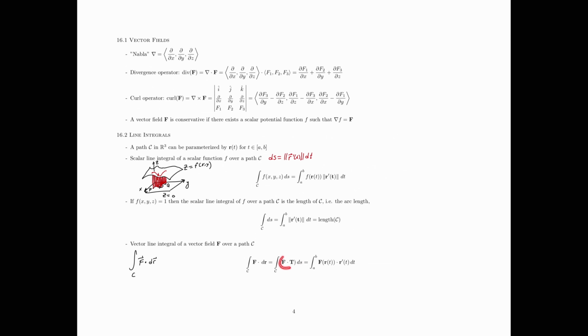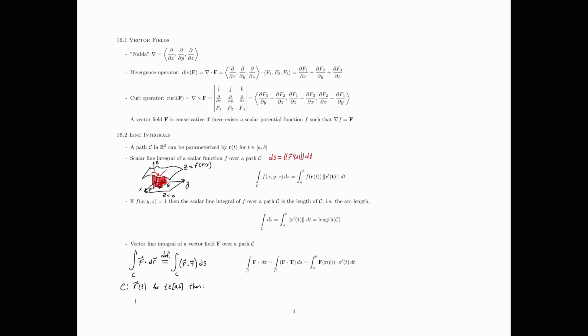So really this F dot T, by definition, is what is dt. So if C is a path that's parameterized by r of t for t between, let's say, a and b,